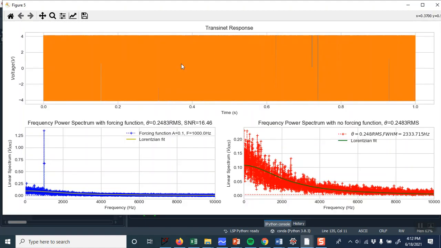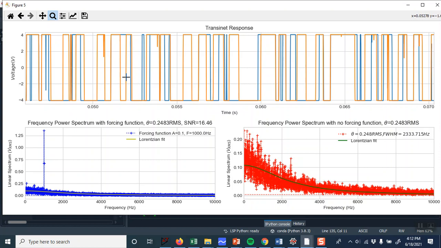Now here's the data, which is kind of hard to see, but it's actually useful to make sure you haven't made a mistake. But you can zoom in and see what's going on. So here's the data without the forcing function, and we curve fit, and the full width half maximum is 2.3 kilohertz. But over here we're calculating this peak to this